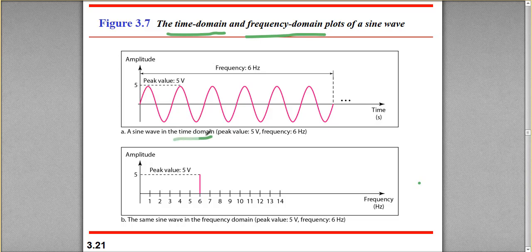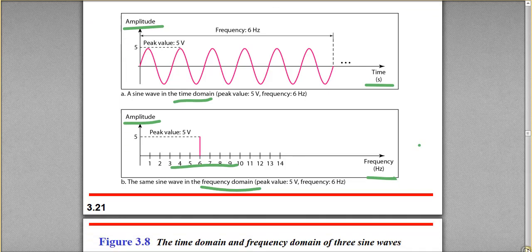In a time domain plot, a signal's amplitude is plotted against time, while in the frequency domain plot, a signal's amplitude is plotted against frequency. Both domains, that is time domain and frequency domain, have their own advantages and disadvantages. Frequency domain, for example, improves the visualization and reduces the complexity of the plot, especially in cases where we are dealing with more than one signal. Let me explain this with the help of an example.